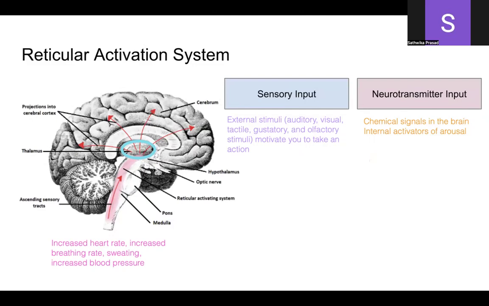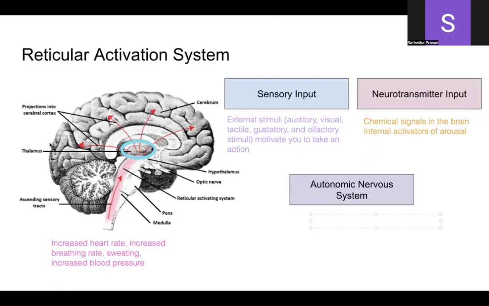So your brainstem contains a circuit known as the reticular activation system, which controls your autonomic nervous system. And what it does is when it senses these changes that occur in your brain due to sensory and neurotransmitter input, the reticular activation system, RAS, activates in your brainstem and sends information to the rest of your body to mobilize it for the state of arousal. In other words, it controls the autonomic nervous system to execute